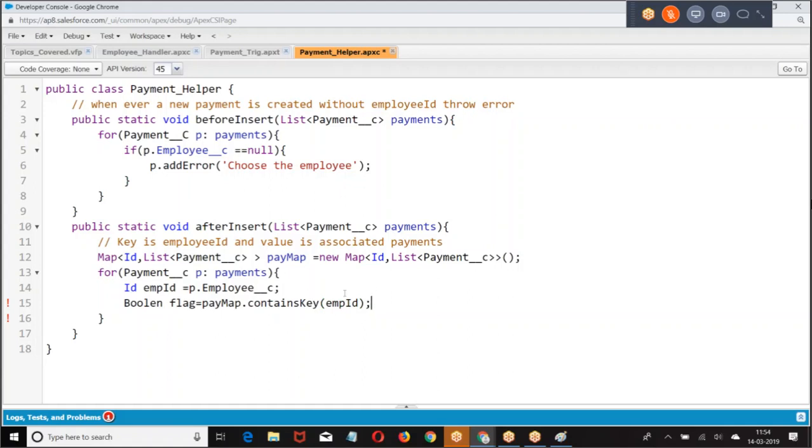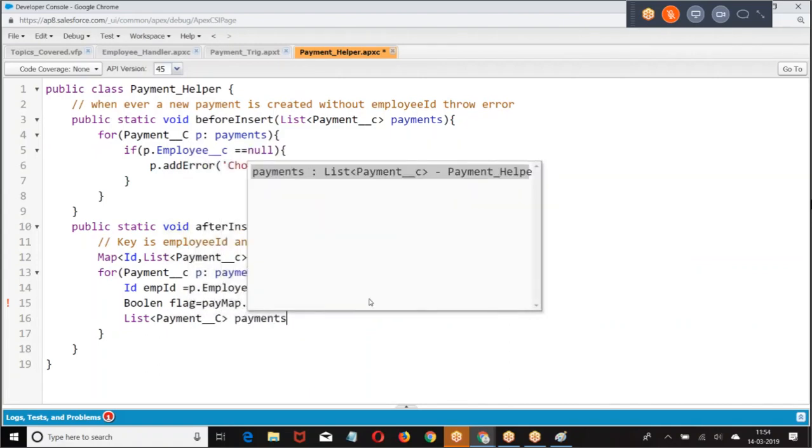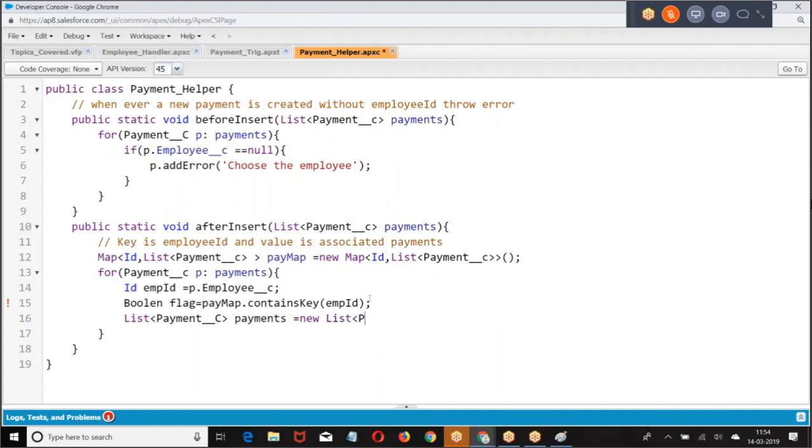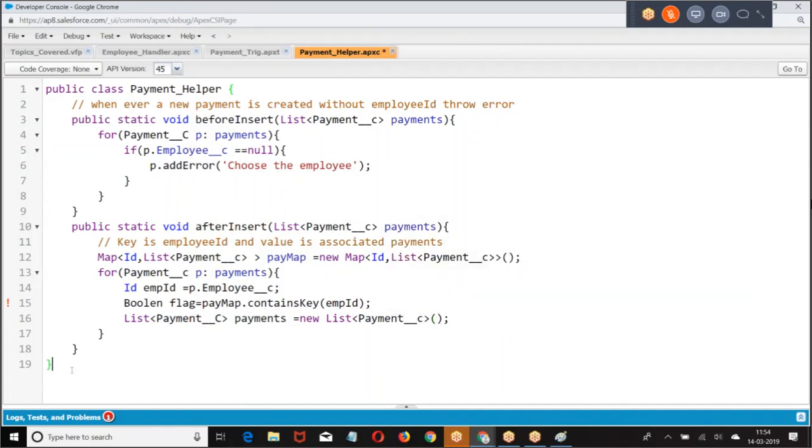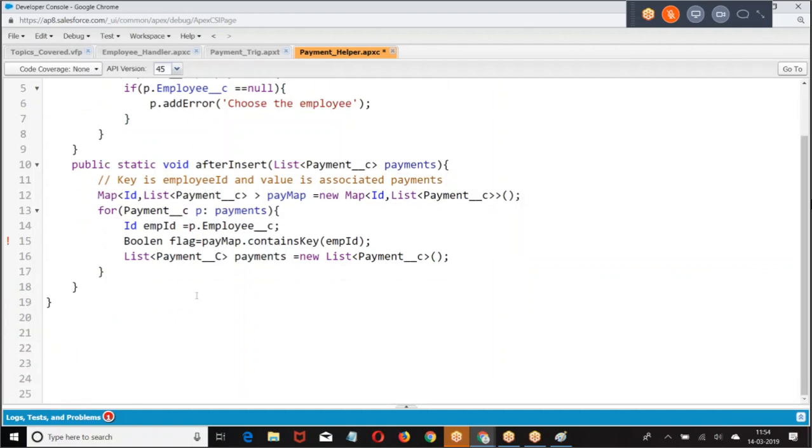If map contains the key, then I'm going to check. This is what I give. The same logic we explained in the earlier case. If flag equal to true, already data is there. If data is already there,